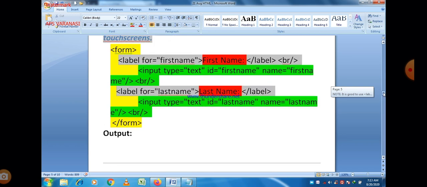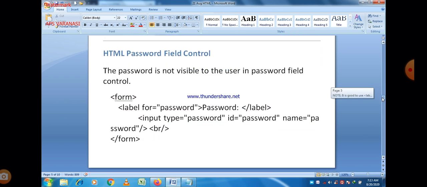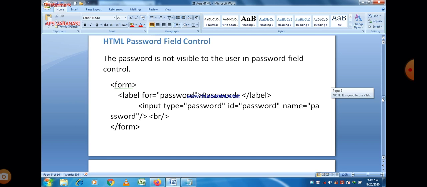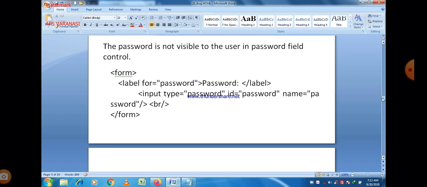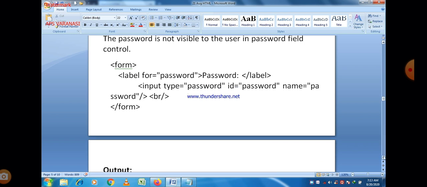Next is the HTML password control. I think all of you are very familiar with the password control. The password is not visible to the user in the password field control. So we just use type is equal to password in place of type is equal to text, and all the rest is the same.